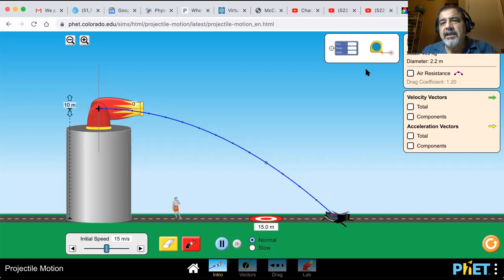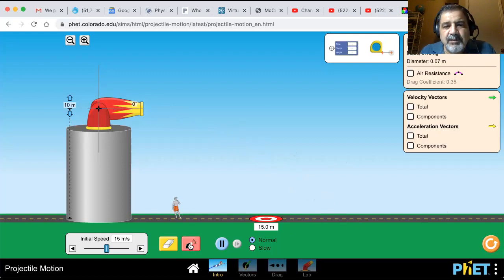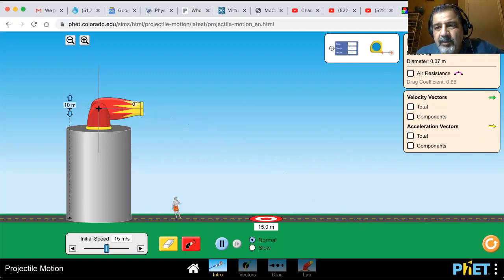It's the same trajectory. So we're going to pick a cannonball and fire it, and let me see if maybe you just couldn't see the baseball. Okay, yeah, it's there. It just was retracing. Probably the same with a golf ball. Yeah, you can see the trajectory, and you can see that they're all alike. That's why we couldn't see the golf ball or the baseball. But let's reset it, and let's go with a cannonball, and let's fire the cannon,